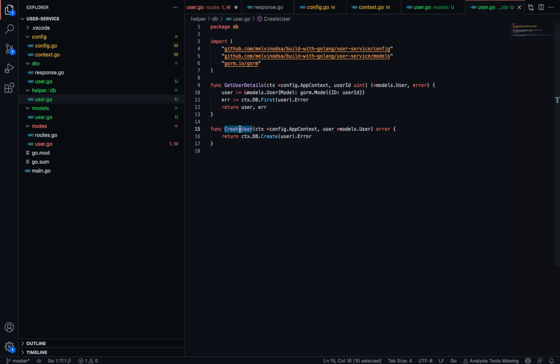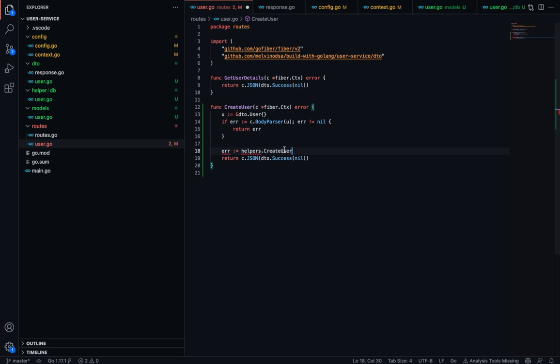It was create user. Helpers dot create user. Now okay, so we can do something like u dot get model. So that should do that part, but now there is a bigger issue,